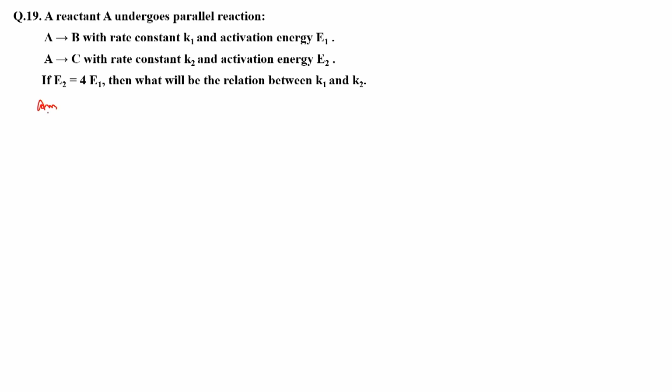So A goes to B with rate constant K1 and A goes to C. It's a parallel reaction, right? So A goes to C with rate constant K2. Now from the Arrhenius equation,